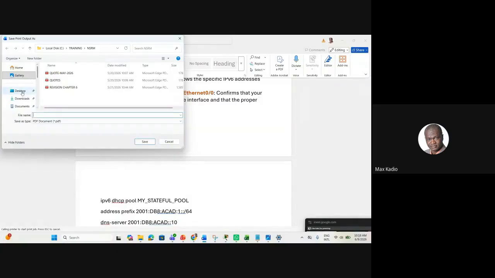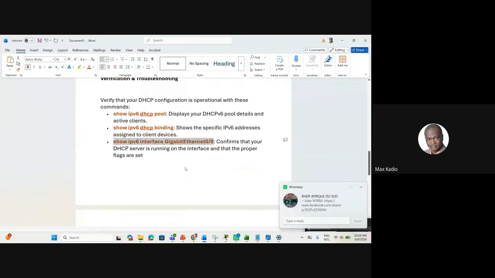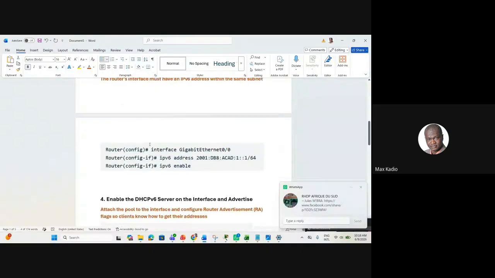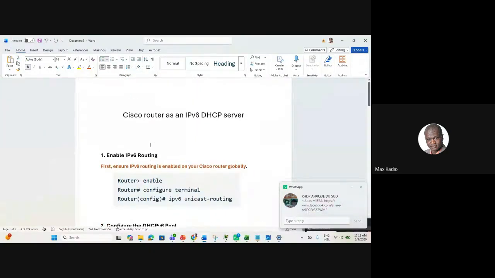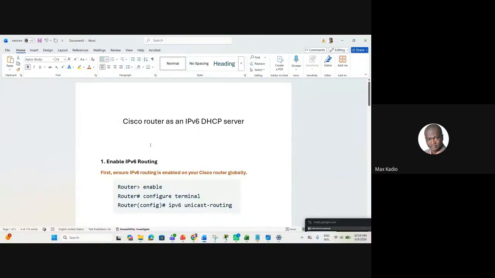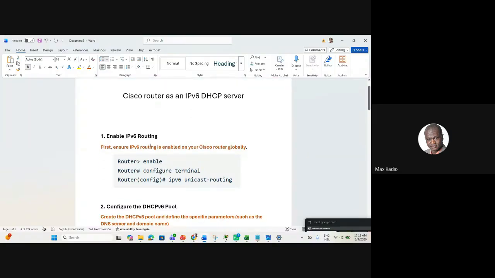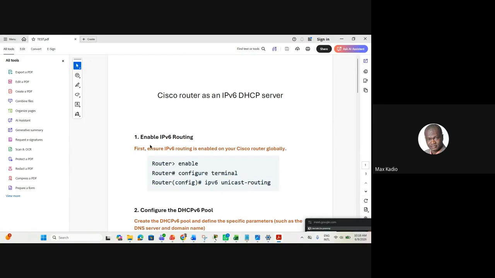You see? So you can give a name like test. So it means I did print this document, not to a physical printer. You see, now it comes as a PDF.